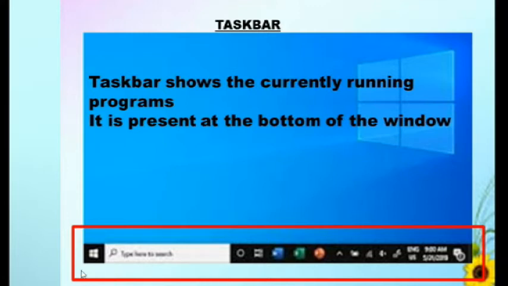So the taskbar contains the start button at the left side and the clock at the right side, and also we can see programs that are currently running. Clear? And the taskbar is present at the bottom of the window.